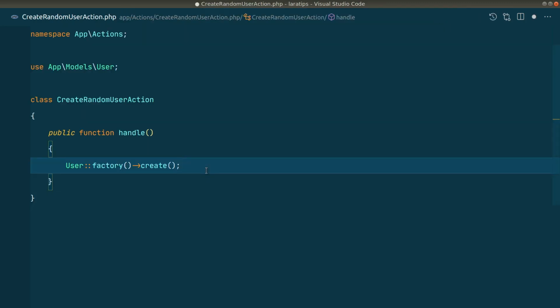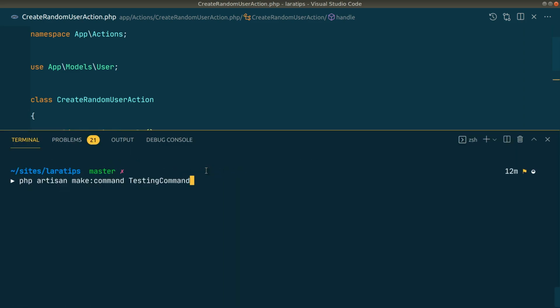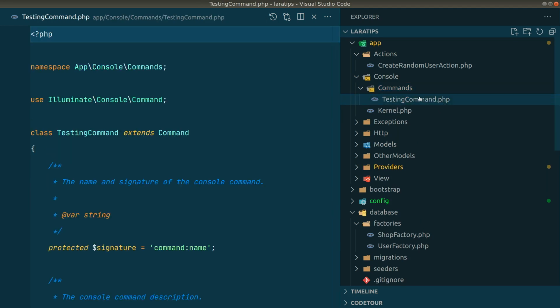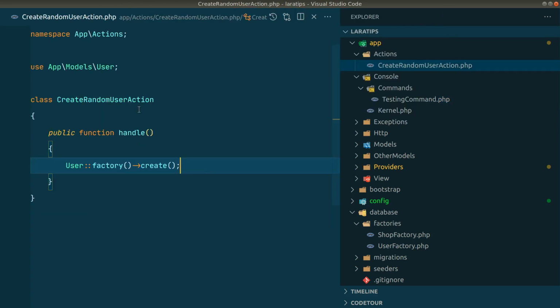Let's say this class has a lot of functionalities and you want to run this using an artisan command, but currently there is no artisan command registered to run this code. But let me show you one thing. First of all, I'll create a command using PHP artisan make command, and then I'll show you how we can convert this as well. So here we'll say PHP artisan make:command TestingCommand, and here it is inside here guys. Now you can see it is extending this Command, which is Illuminate Console Command, and we'll do the same thing here.